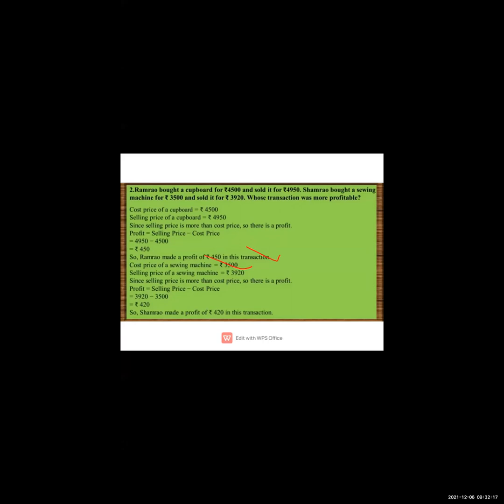Sewing machine means, you know, what we call a silai machine in Hindi, on which we stitch our cloth. So what is the selling price of the sewing machine? That is 3,920 rupees. So here we also came to know that he has